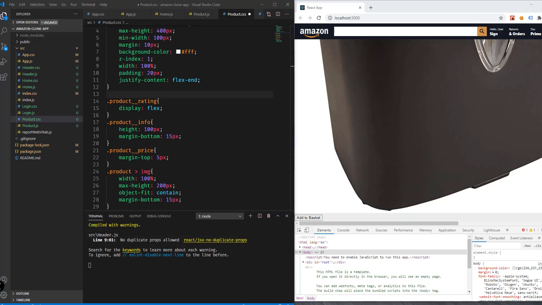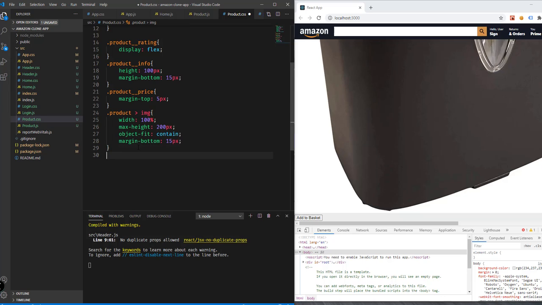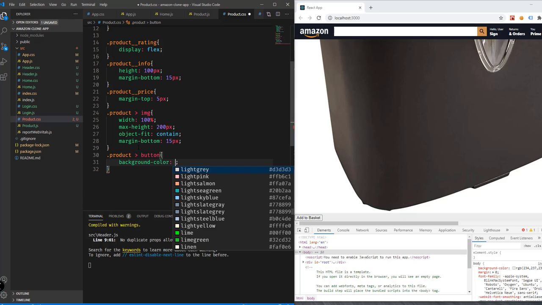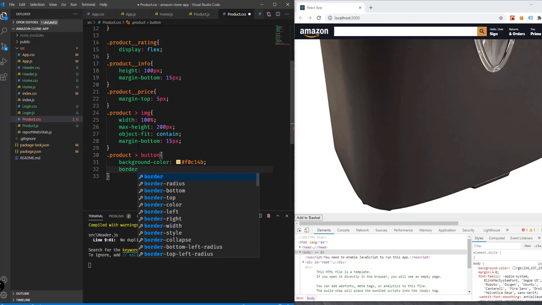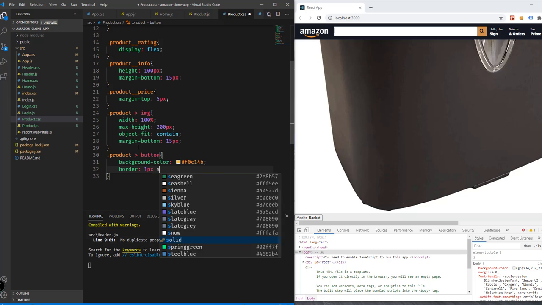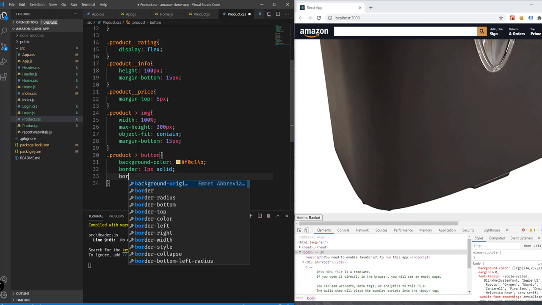And of course, we need to add styling to our product button to have a similar feel with our login and sign up button. So what we can do is target the product and then button. So background color will be F0C14B, and then border will be 1 pixel solid, and then the border color